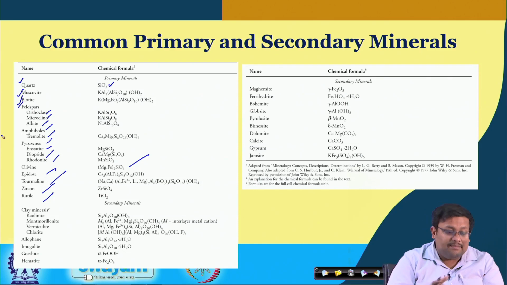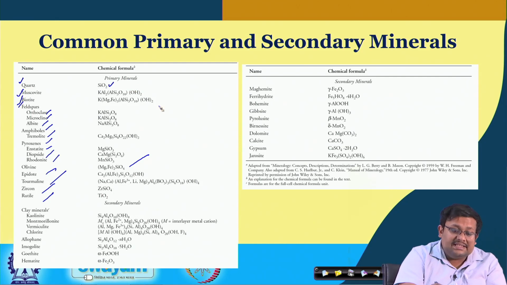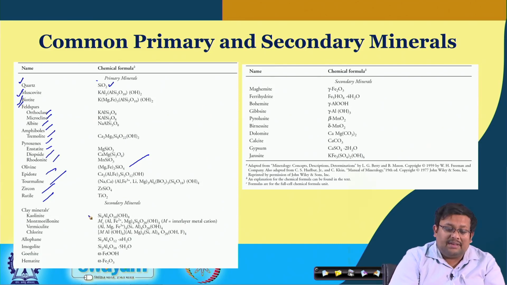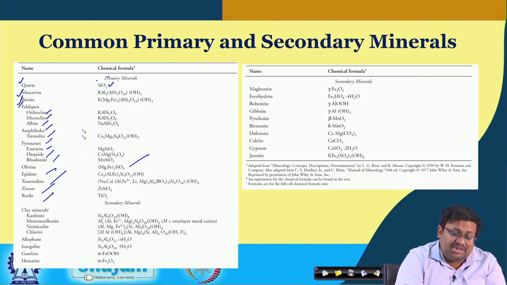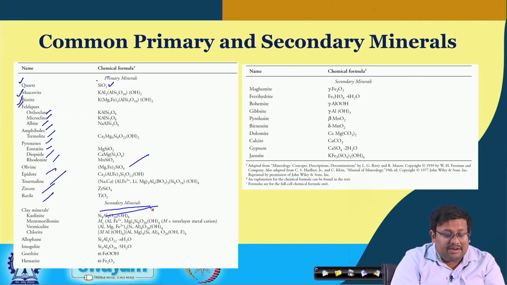These primary minerals you can see in the original composition of the rocks, because the rocks are mainly composed of these primary minerals, and unless the chemical nature of these primary minerals changes, they are not termed as secondary minerals. So, once due to different types of chemical weathering or chemical transformation, the nature and the chemical structure of these components change, then they become the secondary minerals.